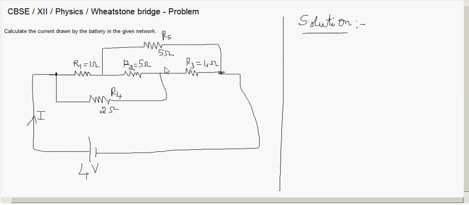Sorry, I think the values which I have given, no. R1 is 1 ohm and R5 is actually not 5 ohm, this is 2 ohm. Please correct this. R5 is 2 ohm, and R2 is 5 ohm, R3 is 4 ohm and R4 is 2 ohm. Okay, now see,